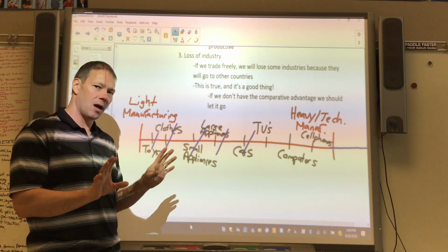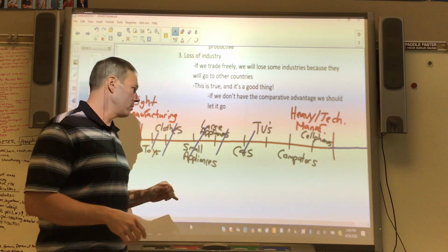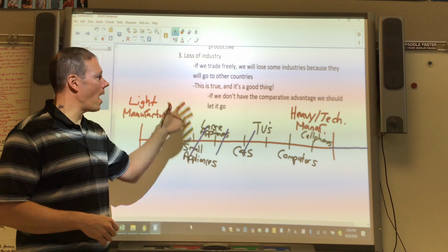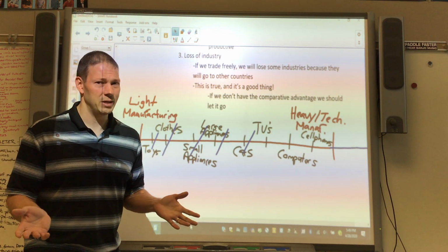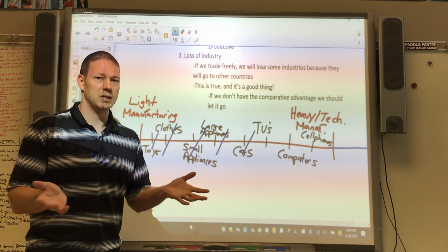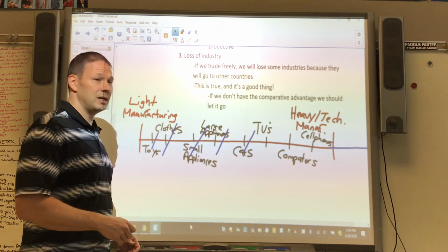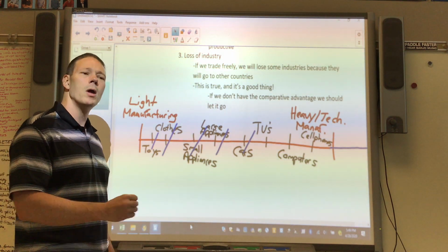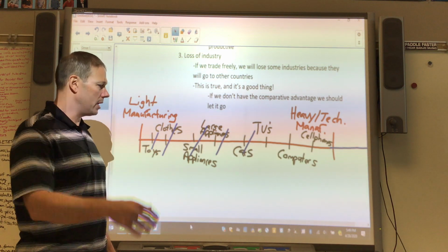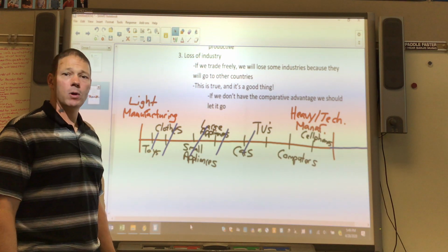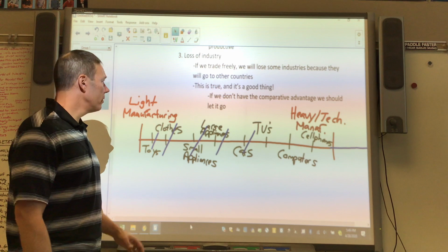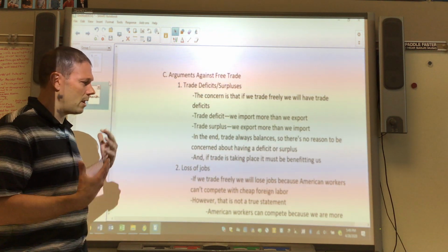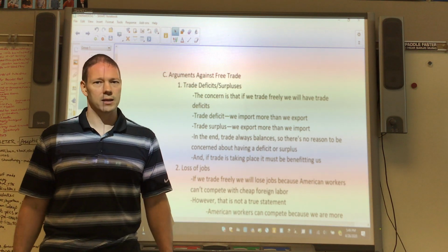Okay, so I know that was kind of a mouthful there to explain that, but I think it really helps seeing it in these terms, why losing industry can be a good thing, because on the surface you would never think it was a good thing, but it actually can be, especially if we don't have the comparative advantage in it. Go ahead and let it go. We'll do the things we're really good at, other nations do what they're good at, and in the end we all end up having more. So there you go, the three main arguments you'll hear against free trade, and again, why I don't necessarily agree with those as a problem.